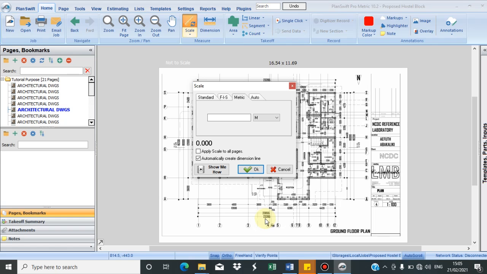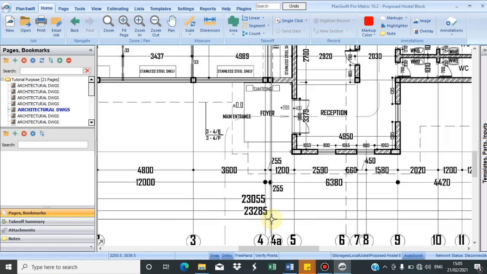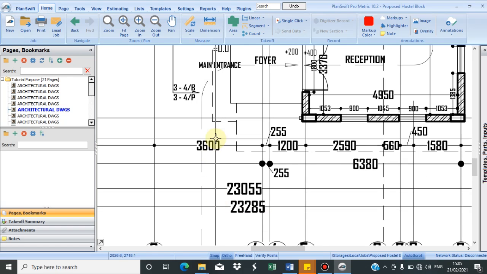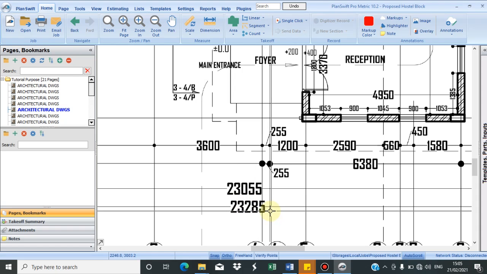This is 23285. Now if this is not too clear, it's not too visible to me, I can just close this back and then zoom in here. By the time I zoom in, it's visible now. This dimension here is in millimeters, so I have to convert it to meters. By the time you convert to meters, it's going to be